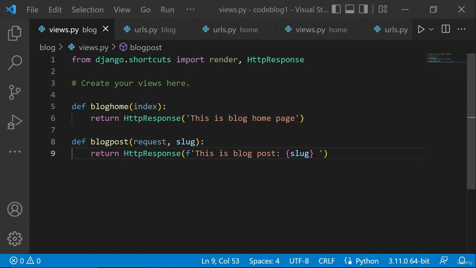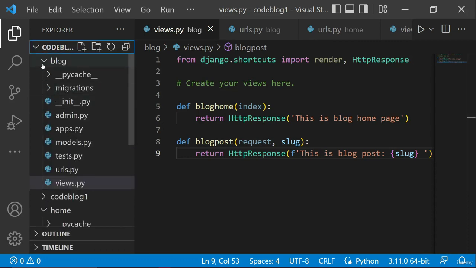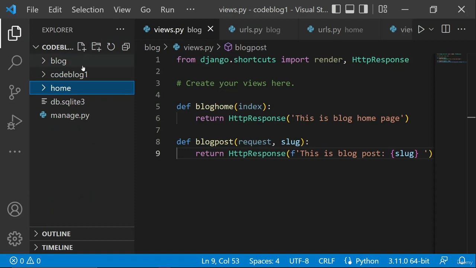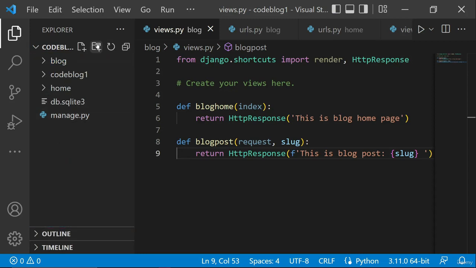So after we are done with this, we are going to be creating a templates folder. Once we're done with this, we're going to be creating a folder inside our main project that will be named templates. So we're going to be creating some HTML files. So I just need to create the folder inside the main directory that will be our project, and we will just name it as templates. And we're going to be creating some HTML templates, and we're going to be just adding a simple file over here, and I will just name it as